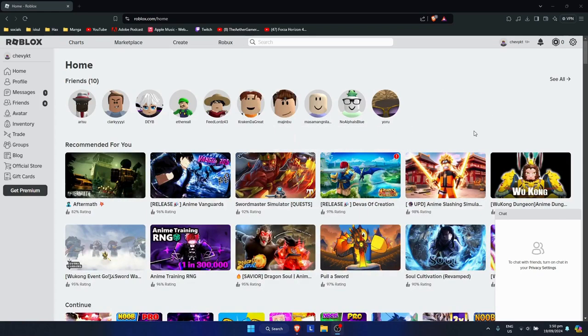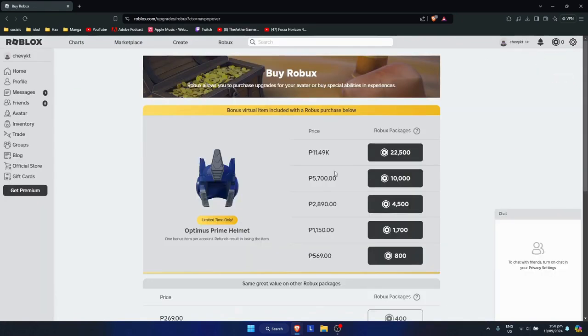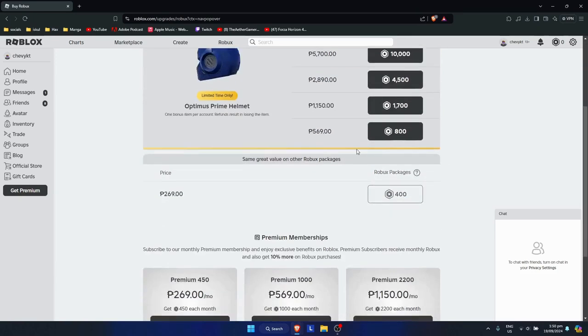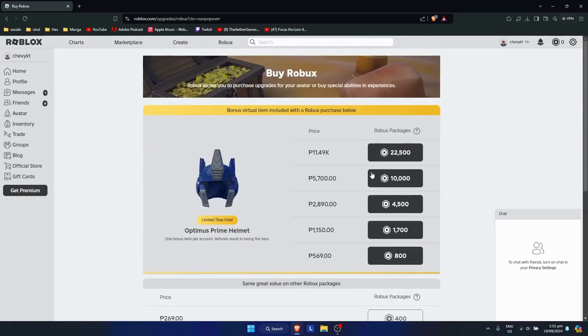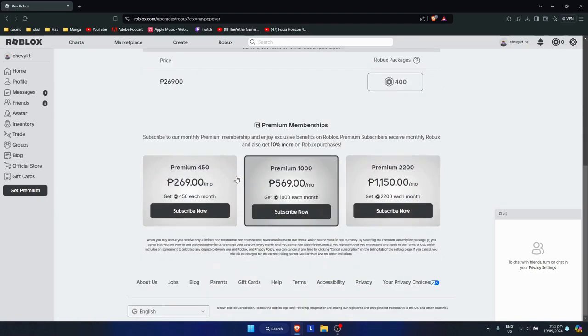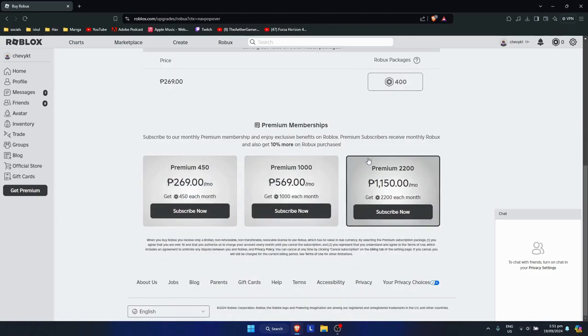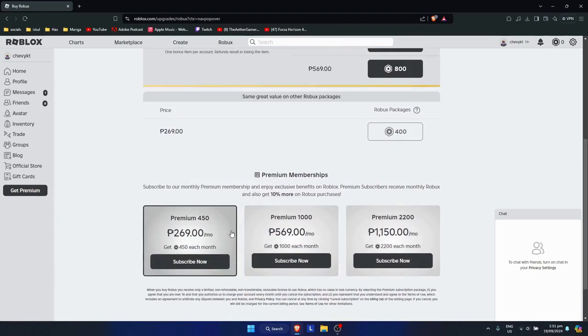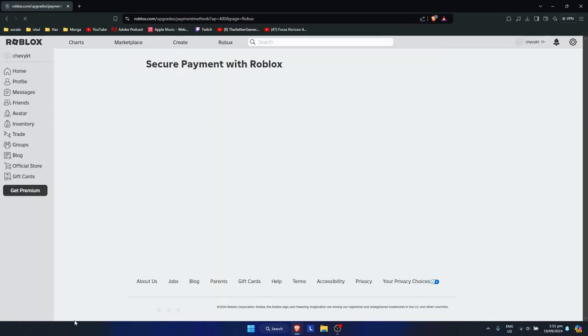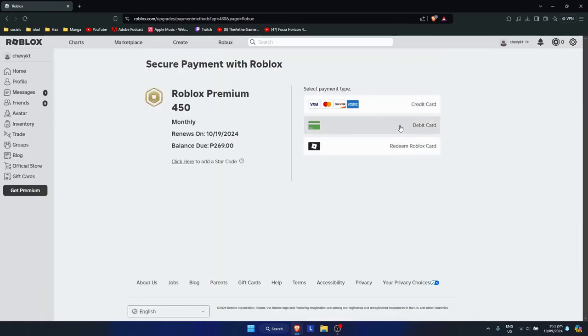But alternatively, if you want to buy Robux and not just gift cards, what you can do is just simply click on the Robux icon again and click on buy Robux, and it will bring you right here on this page. And now you could just simply pick on the options right here. You could either go with this one, or you could go with the premium memberships or the monthly memberships right here. So you just simply need to click on subscribe now,